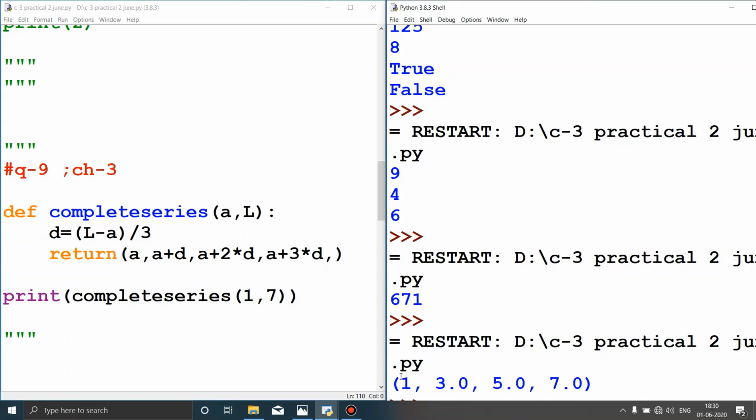So here your session is complete. Better practice more functions from your book. The solved part you can read very easily, and you can try the unsolved part also. Do read this chapter properly. You need to learn it very deeply because these concepts can be used further also. I hope you have grasped the concept of function properly.